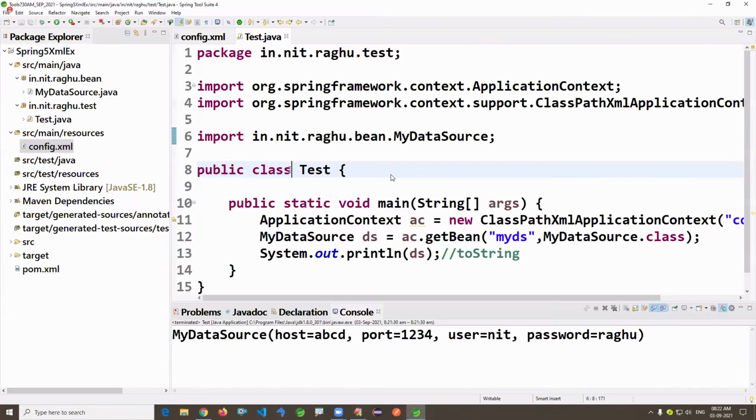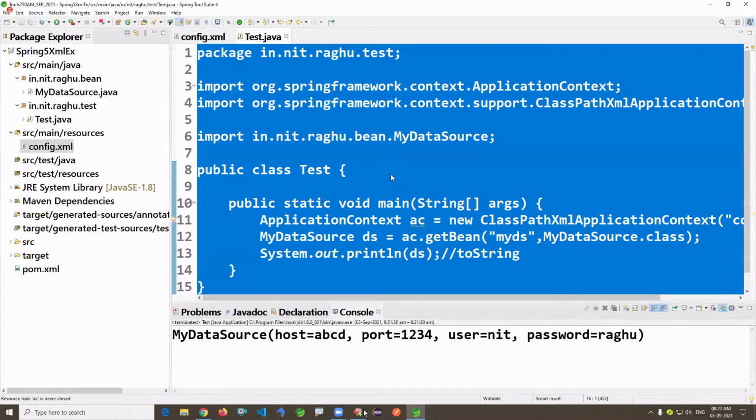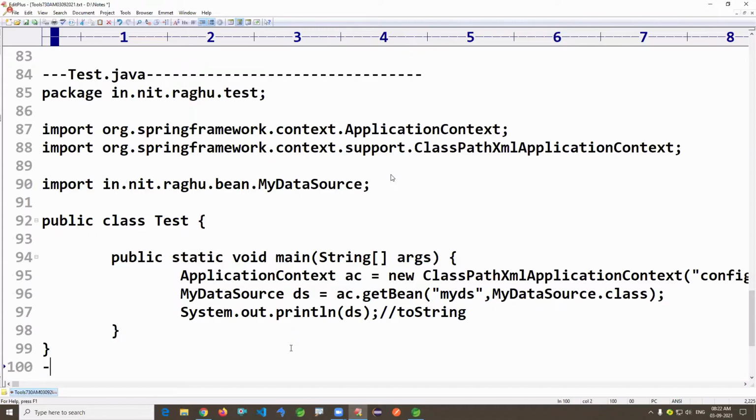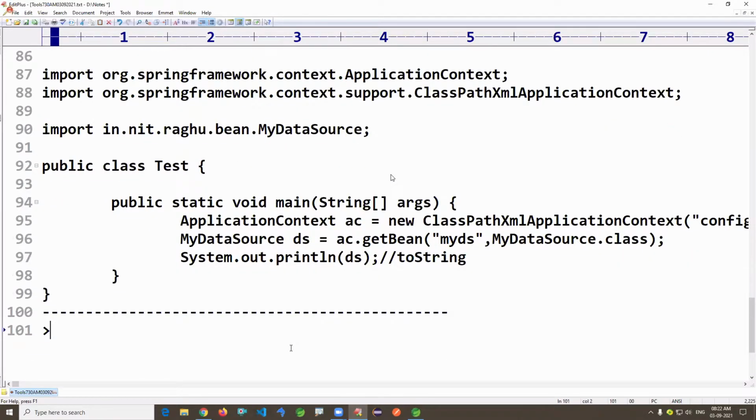And it's a test class, Test.java. Right click on the test class, Run As Java Application. You will see the output.